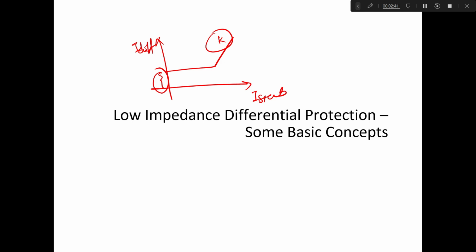bus bar differential protection. Now, before starting this session, the 3 or 4 things that I always say in the beginning of each session are: first of all, this session is prepared from open source materials available on Google, and most of the slides of this particular session are prepared from the relay manual of the Siemens DIGSI bus bar protection relay, that is 7SS522, 523 and 525. Also, some of the concepts explained in this session are taken from the power system relaying book